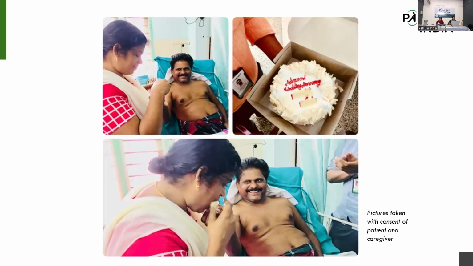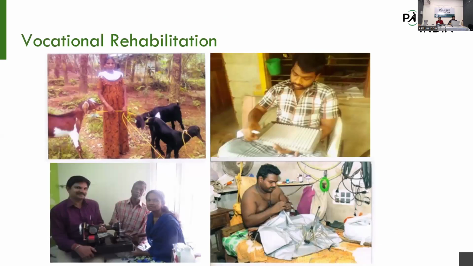We try to celebrate birthdays and anniversaries within our IP, if the days are in congruence. We try to occasionally rehabilitate patients, or the breadwinners or the caregivers if the patient has passed away, and we might need to rehabilitate the wife or the husband, whatever it is. The paraplegic patient, you can see a few occasional rehabilitations that we have given. Farming is one thing, animal farming is one thing. Umbrella making is another, stitching, anything, whatever is possible from their point of view, whatever they are capable of doing, we try to occasionally rehabilitate.